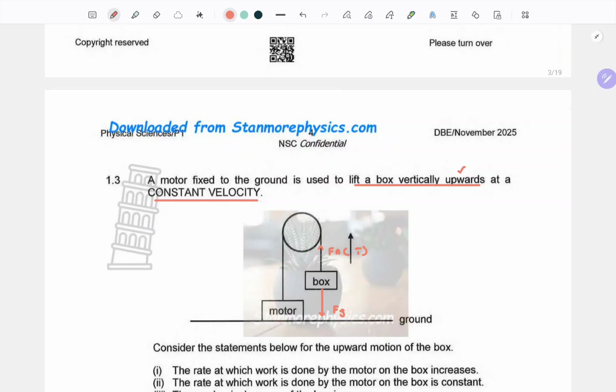And on top of this, we know that there would also be an extra force, because as this moves through the air, there will be a force due to air resistance. It will be downward because air resistance or any form of resistance is like friction. It always opposes the direction of motion. So we can call this one Fk.